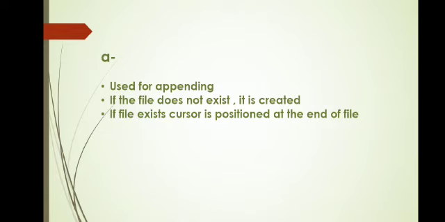But in A mode, if the file is already existing, it is going to open the file but will not delete its previous content, and it will allow you to write the new content at the end of the file. And if the file is not existing, it is going to create the file. Example, file is equal to open story.txt and the mode is A.